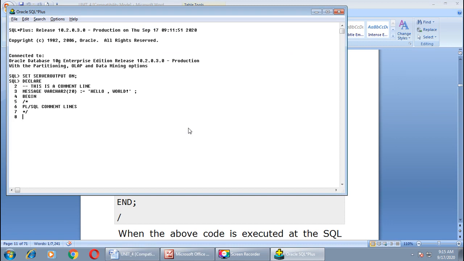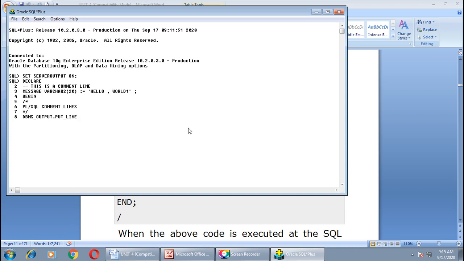Now I want to print the message. For that I will write dbms_output.put_line.